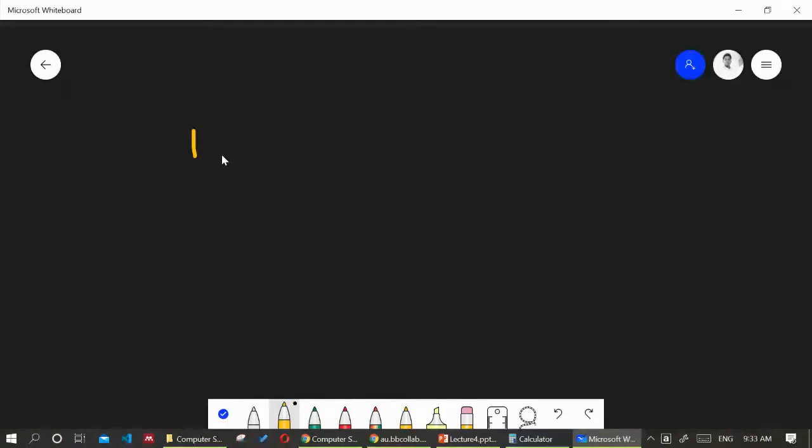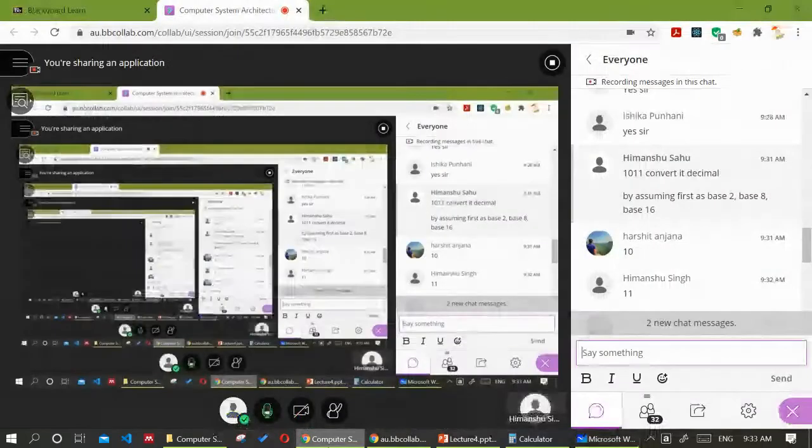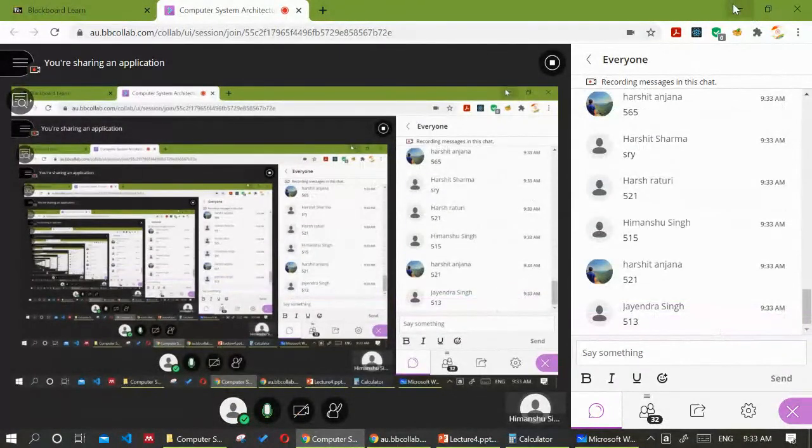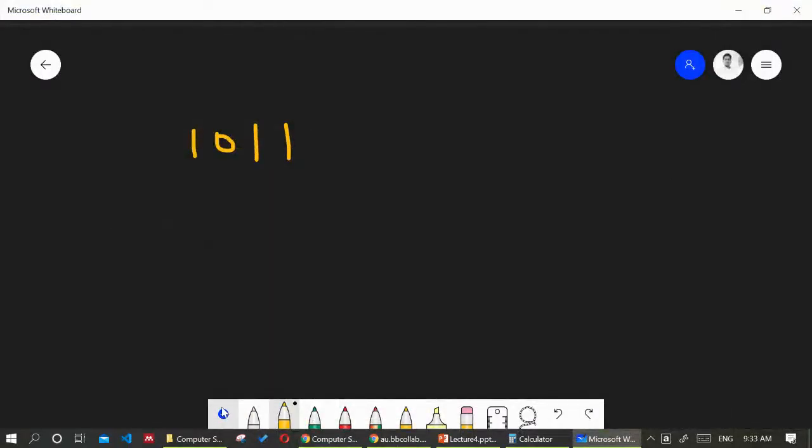So I have taken the number as 1011. Now I will just change the base. Okay, now just see, I am doing it because there is a difference between your answers. So suppose I am taking it as binary. Binary में से सबका आंसर सही आया था, but let me just revise in case someone is not able to understand. So 2 raised to the power 0, 1, 2 and 3. Fine.